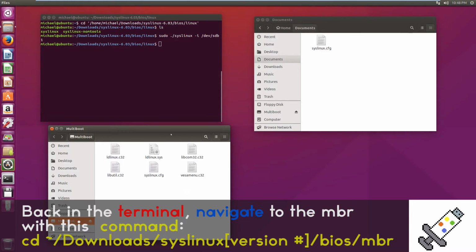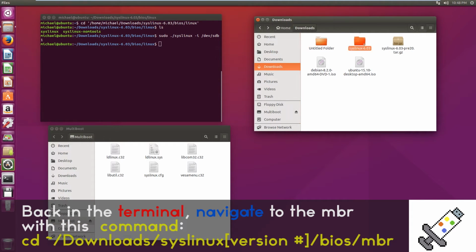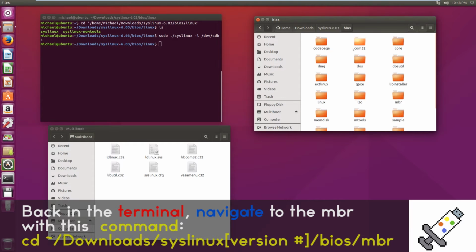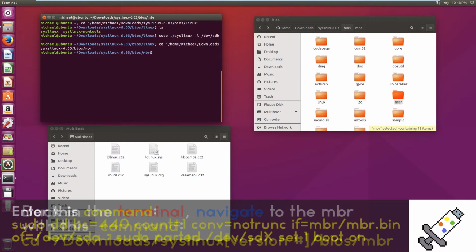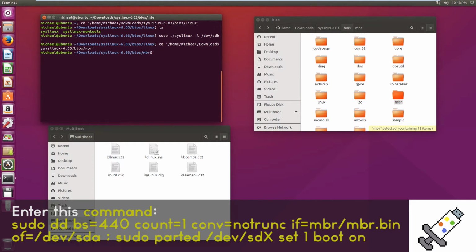Since we have everything here, we have one more thing that we have to do. Go out of conv32 back to the BIOS and go to mbr. Or actually go back to the terminal, do cd, and go to mbr. Now this command is actually quite lengthy, so bear with me. The command is